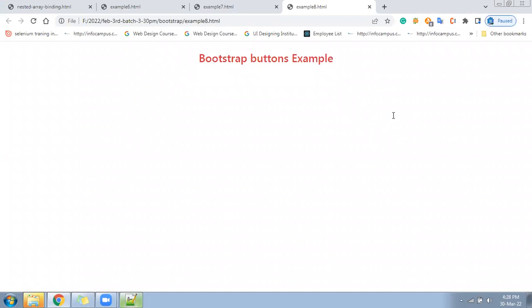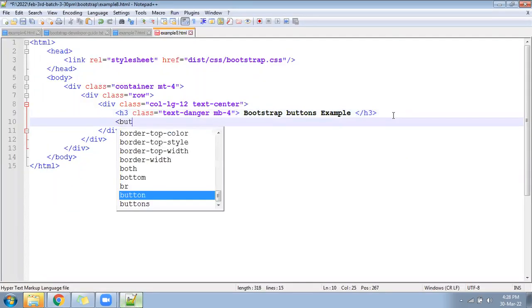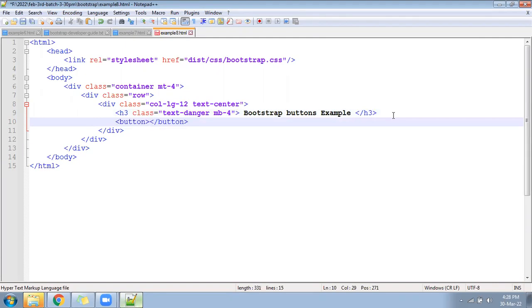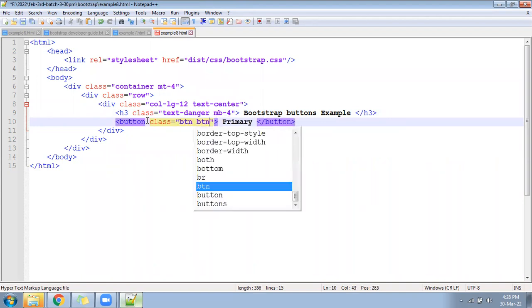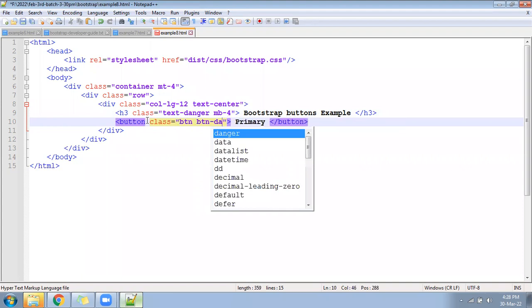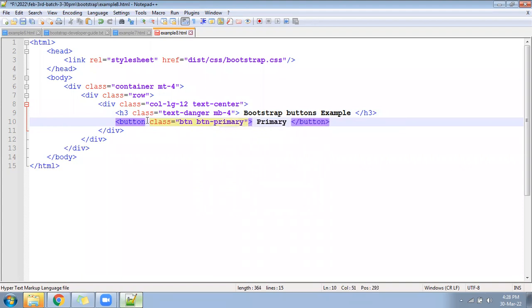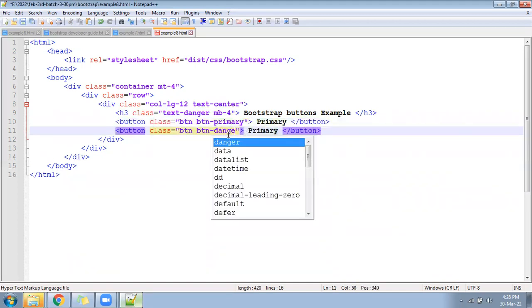Now next we need to create the buttons. So you will write a button, maybe you can write called primary, button class equal to btn-primary. This will come in blue color. Then keep one more called danger. Two classes we have to add.